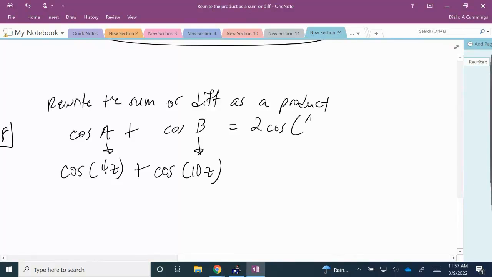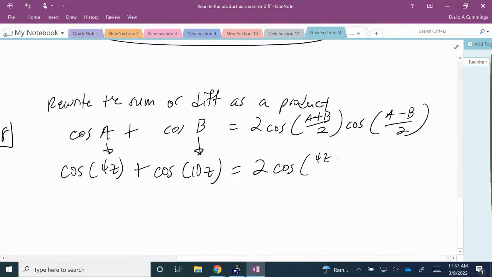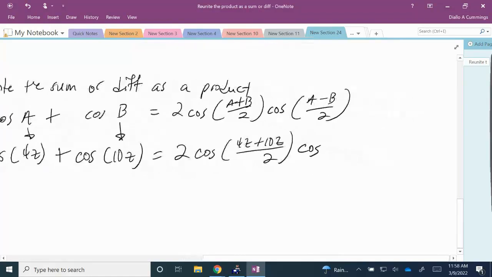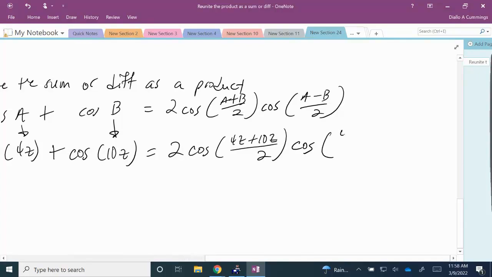So that's 2 cosine of (A plus B) over 2 times cosine of (A minus B) over 2. So that's 2 times the cosine of A, which is 4z, plus B, which is 10z, over 2, times the cosine of A, which is 4z, minus B, which is 10z, over 2. And if we simplify,